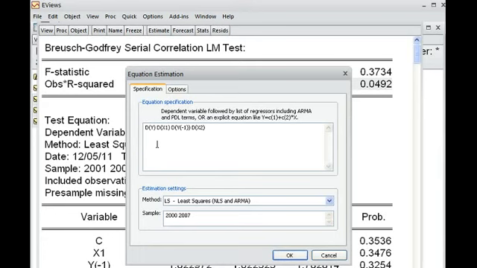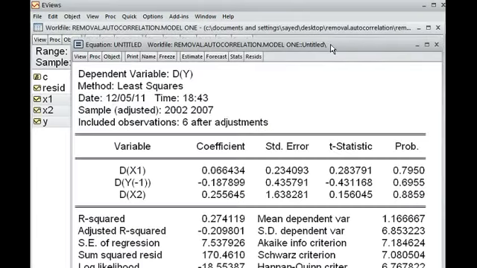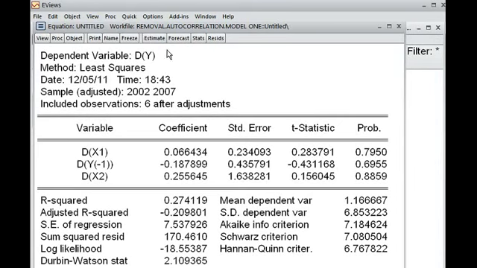That is another guideline in the first difference method, that the model should not have any intercept or constant, and we have done that here. Okay, then I run it. This is the outcome of our model.